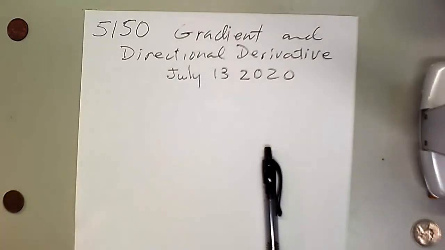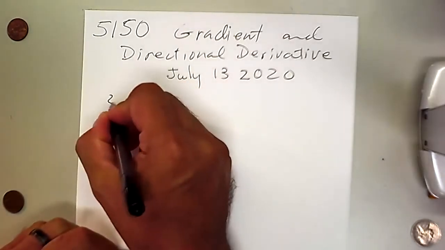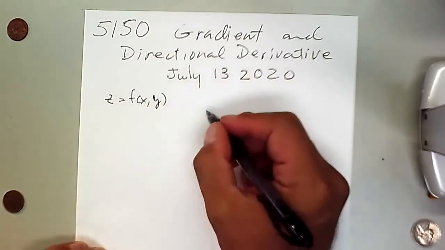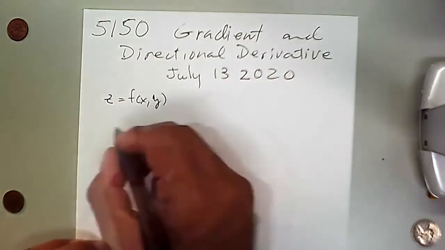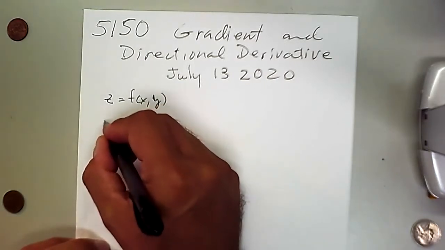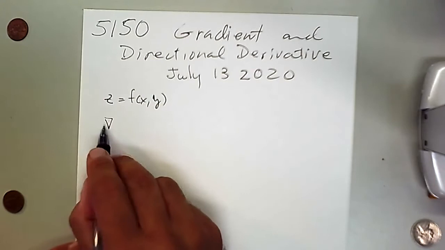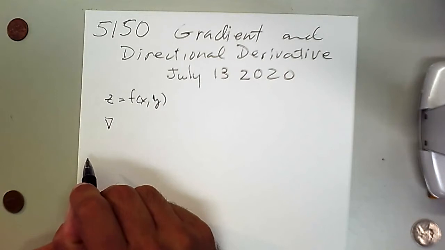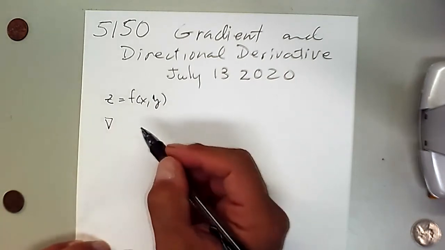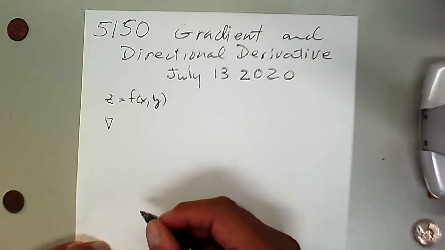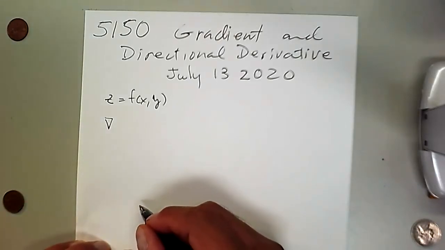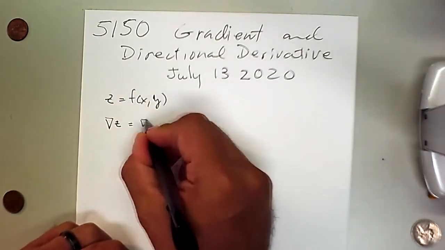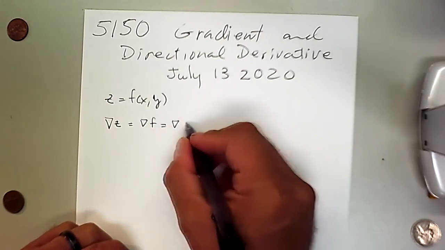Given a surface z equals f of x, y, we will define the gradient of z. So the gradient is, we use this symbol, which looks like a capital delta upside down, or a triangle upside down. And I'm just going to call it the gradient symbol. So the gradient of z, which is the same thing as the gradient of f, which is a function